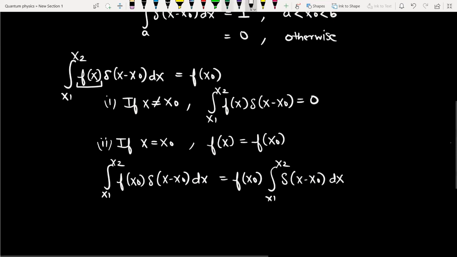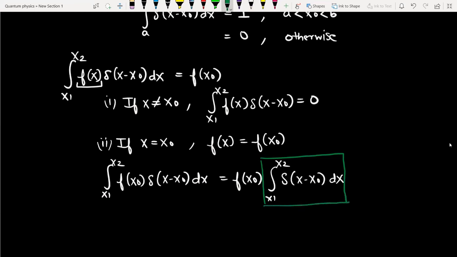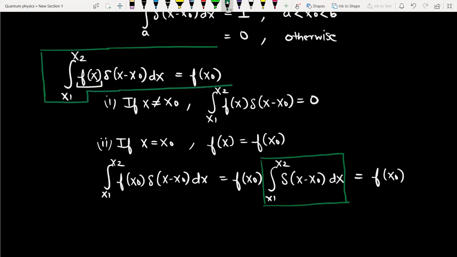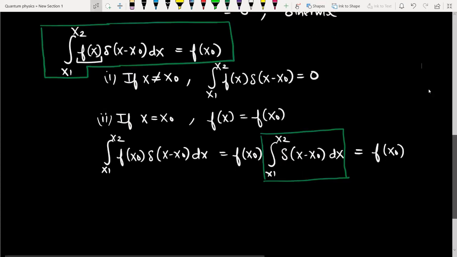So what happens to this particular integration? I mean, what is the value of this particular integration? Yes, ladies and gentlemen, you guessed it right. This is 1. So therefore, the answer only remains f of x naught. Right? We know from the property of the Dirac function that this is 1. So this is a very important property, and there are lots and lots of basic numericals that are asked regarding this property. Like for example, very important, like for example